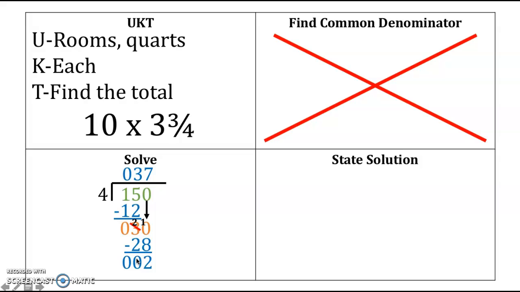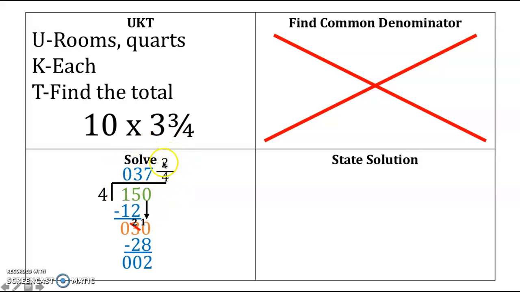Now this is the trickiest part about making your mixed number. We don't know which one goes on top, which one goes on the bottom. So immediately, what I recommend for my 5th graders to do, once you've found your whole, our whole is 37, you are saying in your brain, looking over here at the divisor, our 4 is the denominator. So what I like to do before I even think about this remainder down here is I put down whatever the divisor is as my denominator so I don't forget. Last step, look at your remainder, put it up there in the numerator, and then you've got your mixed number,